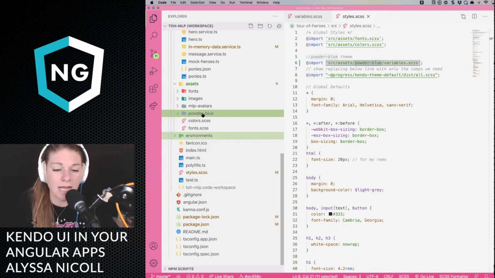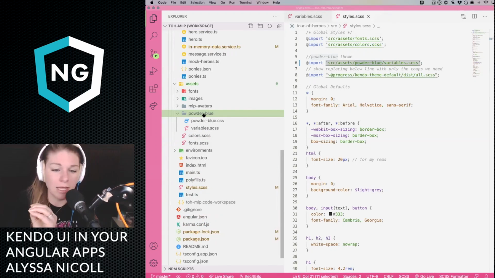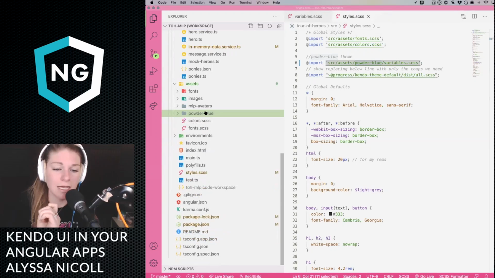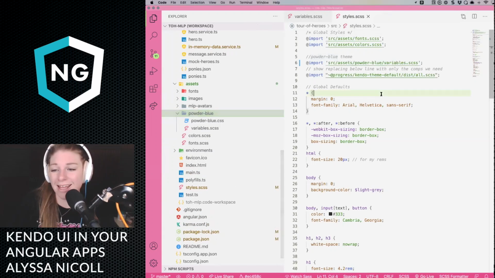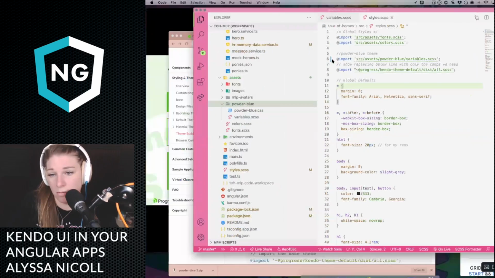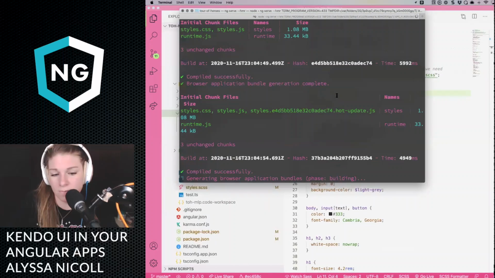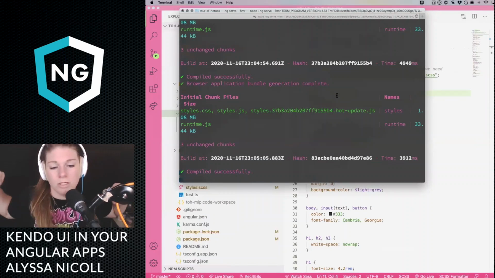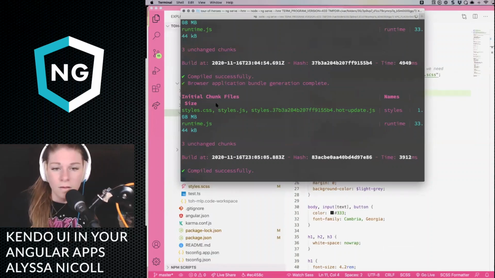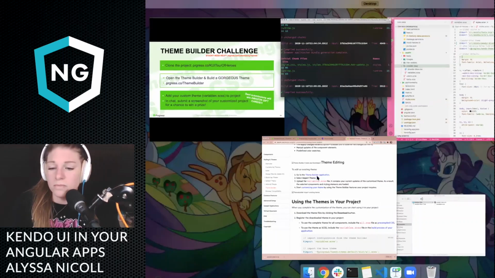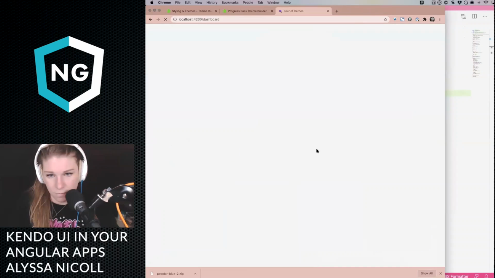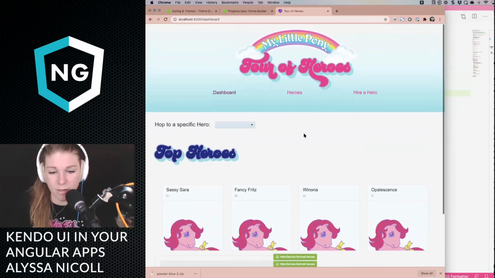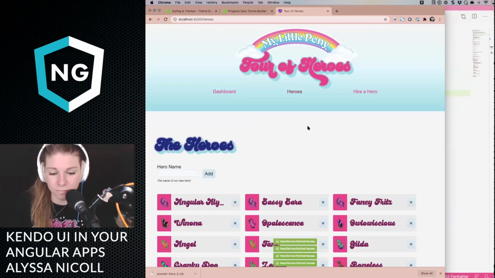Then it would be better to have a dark theme, light theme folder where everything's organized, and then you can have your overrides happening. But yes, so I'm going to put my powder blue here, and I think we should run now. I don't know if I need to restart my server. I don't think so. I think it should be happy. Going to the Chrome. Oh, she already reloaded. Excellent.